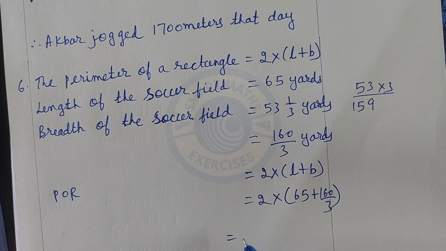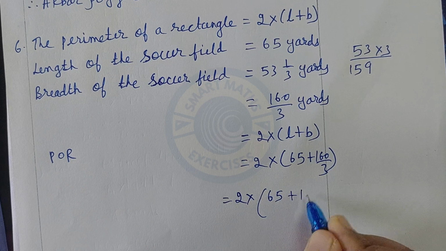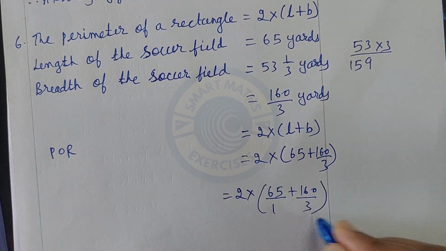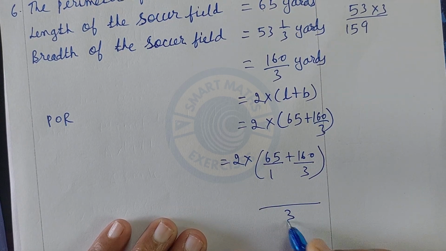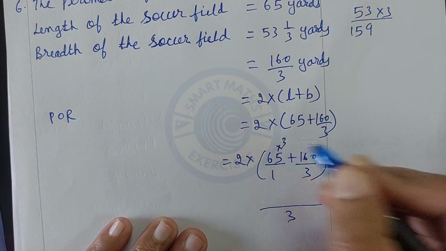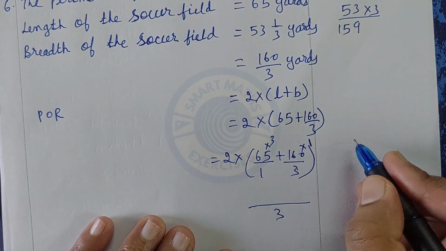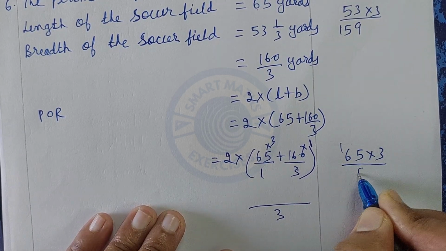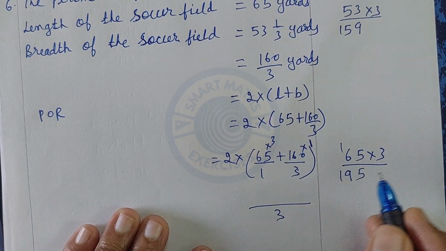That is 2 into 65 by 1 plus 160 by 3. Take the LCM of 1 and 3. It is 3. 1 3s are 3. 3 1s are 3. So multiply 65 into 3. 3 5s are 15. 3 6 are 18 plus 1 19. 195